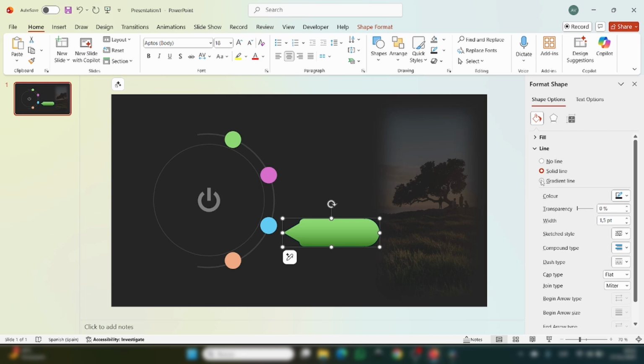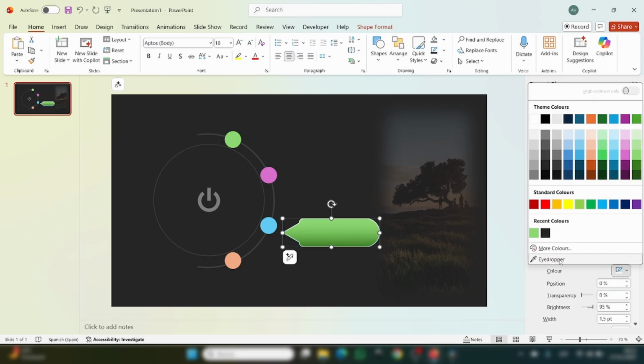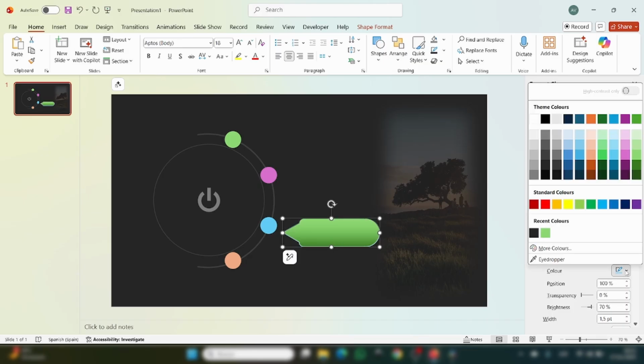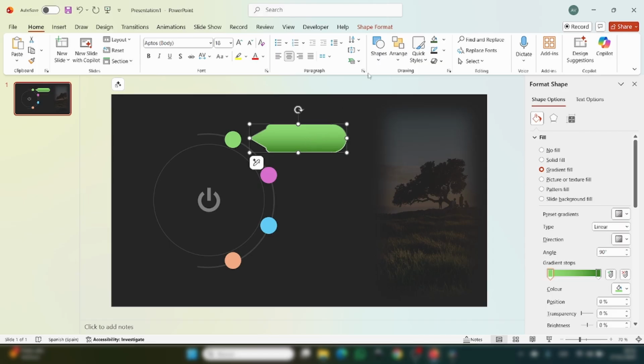Okay, so now we're going to make a gradient border. Let's first remove the additional stops. And set one of the colors to match the background. And the other one to be brighter than the shape color. Done, it's looking good. Now we're going to add another circle, which we'll place here at the end of our